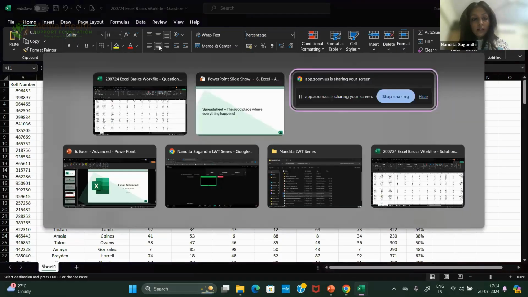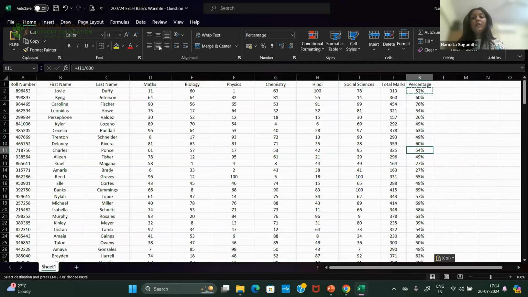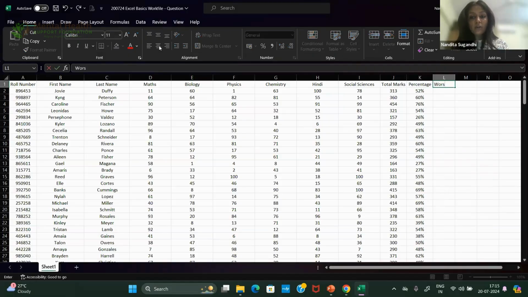The third thing that I wanted to demonstrate to you was, what if I was supposed to have a parents teachers meeting. I want to know by student what is the worst marks that a student has achieved in which subject, and what is the best marks that the student has achieved and in which subjects. So say for example, I say worst received marks, and worst subject.